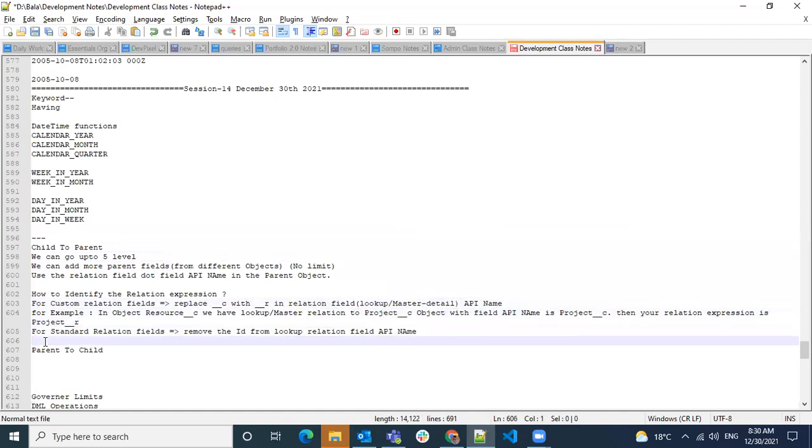So, for example, in the contact object, we have a lookup relation to account with API name as account ID.